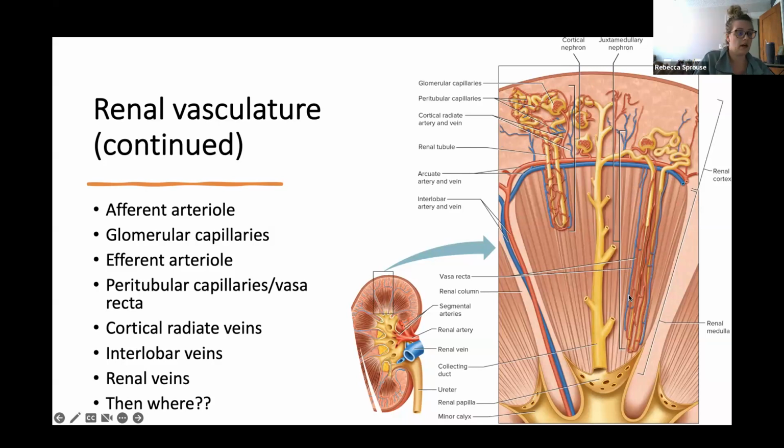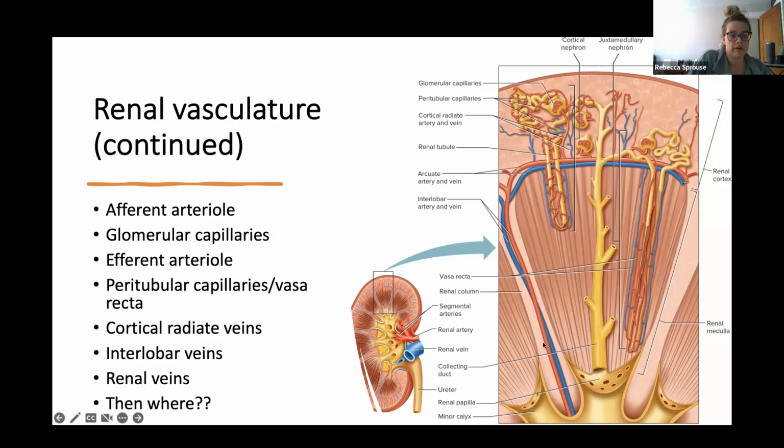Then everything just works its way back out of the kidney. So from the peritubular capillaries, we're going to enter here, and it's kind of hard to follow. I'll show you a better picture in the coming slides. But now we're here in the cortical radiate vein. So now we're exiting this region. Cortical radiate vein dumps into the arcuate vein, right? And if we're looking at this one over here, we are going to have our dumping into the arcuate vein,